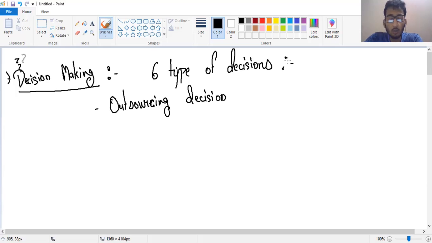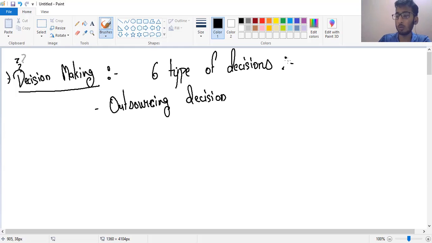Since I have a factory manufacturing mobiles, I have a good reputation in the market. I know many businesses and business people related to electronic items in the market. Suppose one of my friends makes calculators and he offers that he can make the calculator at 90 rupees for me. If the person is able to make the calculator at 90, and I am getting 100 rupees from the customer, I am getting somewhere around 10 rupees of revenue out of it. So in this scenario, outsourcing is better than making it on my own.